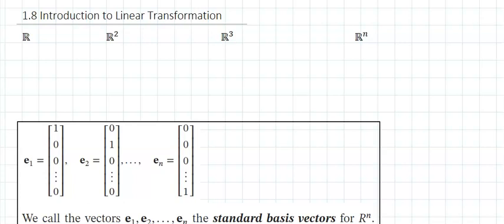Section 1.8 talks about Introduction to Linear Transformation. Linear transformation is something we're going to be playing with for a while, and the name pretty much gives it away. Linear referring to kind of like a linear equation in which you have a linear relation. So if we talk about R1, if you give me the vector 1, I can pretty much in R1 get anywhere on